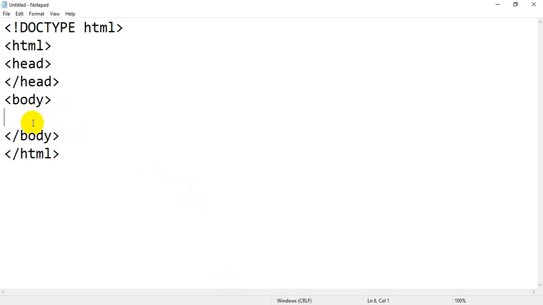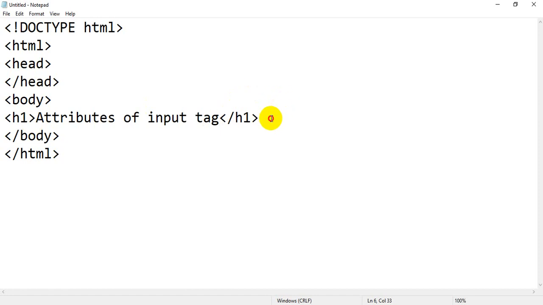Okay, now I will add one heading, that is I will use h1, then closing h1. Between that tag I will write the heading. What is the heading of today's lecture? I am just going to write, today we are going to learn autocomplete and autofocus attributes of input tag.